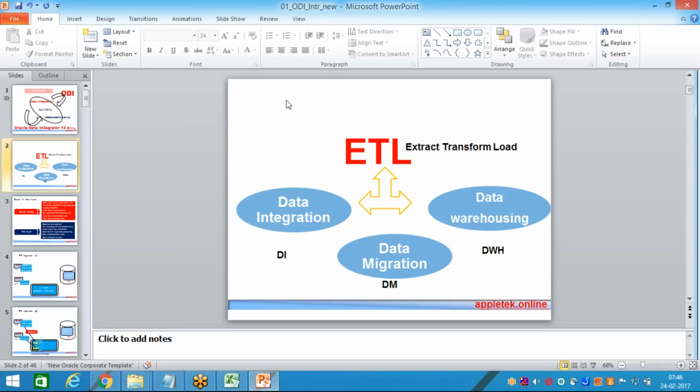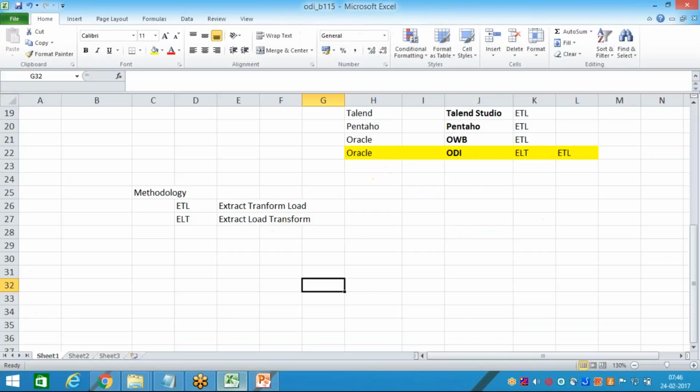So that is a very high level about where these ETL tools are really going to be used. The data warehousing part I am not covering here, and that takes another 3 to 4 sessions, and I can share you the recording. So now we'll come back to the ETL versus ELT, which is actually mandatory for us to proceed on